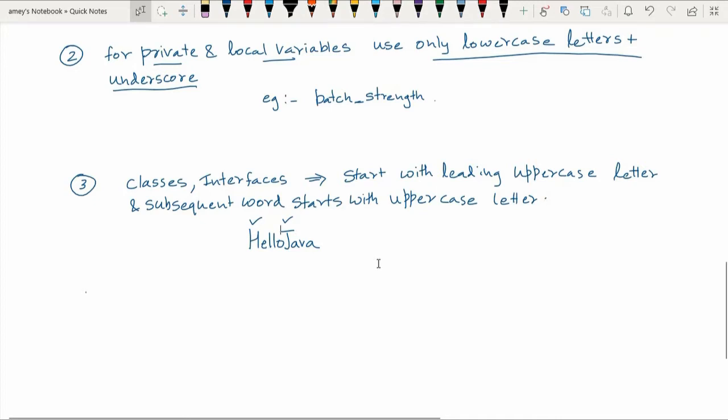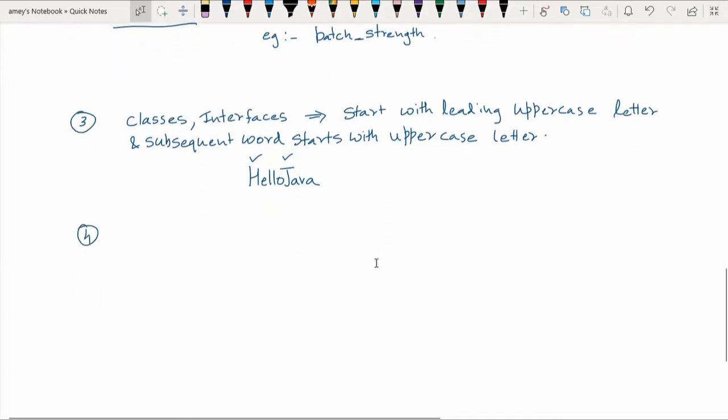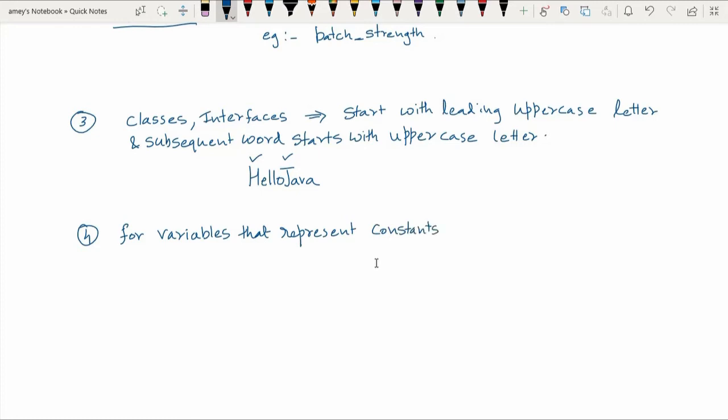Then the fourth naming convention which programmers follow is regarding the variables that represent constants. I am talking about something called symbolic constants.